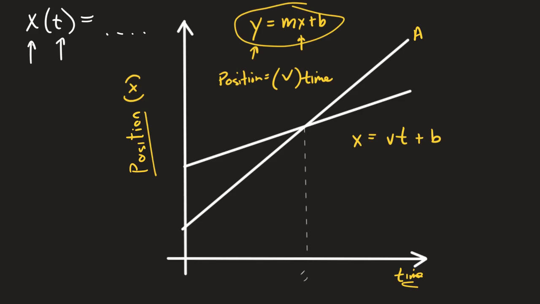In fact, what does b stand for? Yes, sir? The y-intercept. It stands for the y-intercept, or the vertical intercept. It stands for this point. Now, it means more than that here. This is a position. This is the position at time 0. What's another way of saying your position at time 0? Yes, sir? The initial position. The initial position. So I'm going to want to write this maybe x with a little i next to it. Is that okay for all of you?